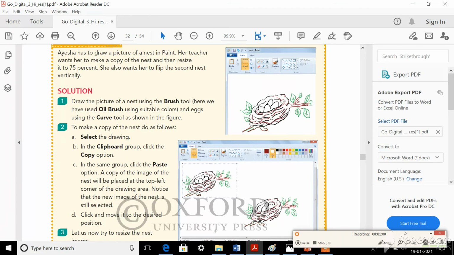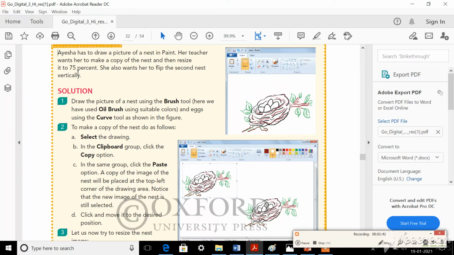Her teacher wants her to make a copy of the nest and then resize it to 75%. She also wants her to flip the second nest vertically. So here the teacher asks a student called Aisha to draw a picture of a nest and then resize that picture to 75% and then flip the second nest. So first she should copy the nest and then flip that nest vertically.